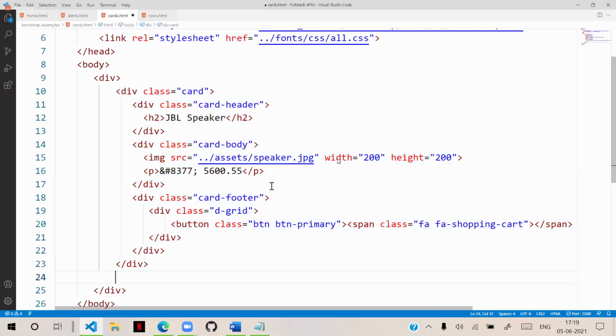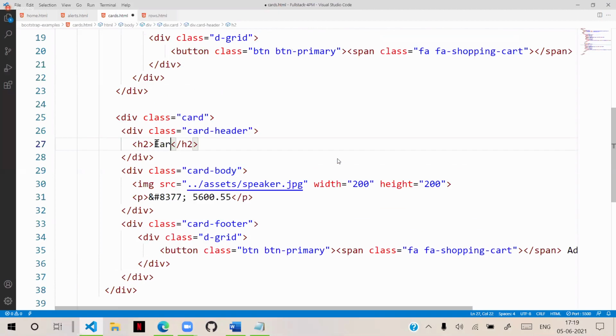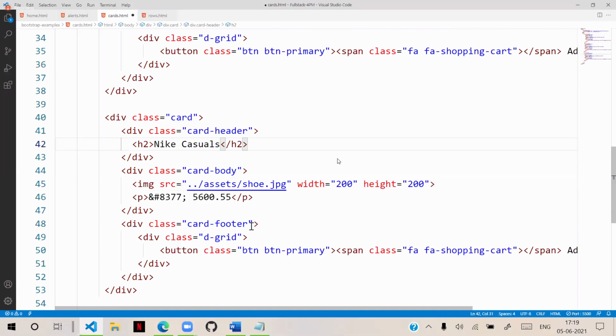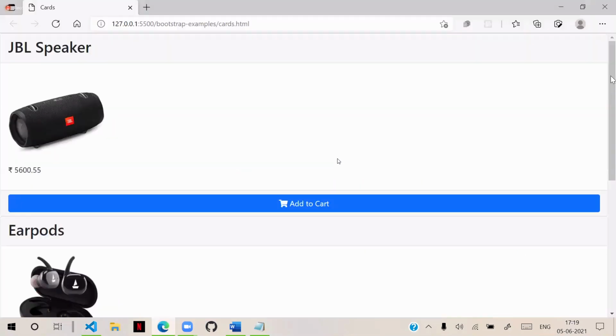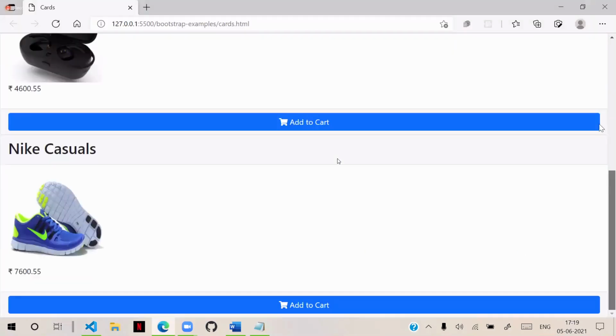One more here, and here a shoe. Here I gave some Nike casuals, so some price changes. Actually, all cards will display one below another. These are all the cards we are having.